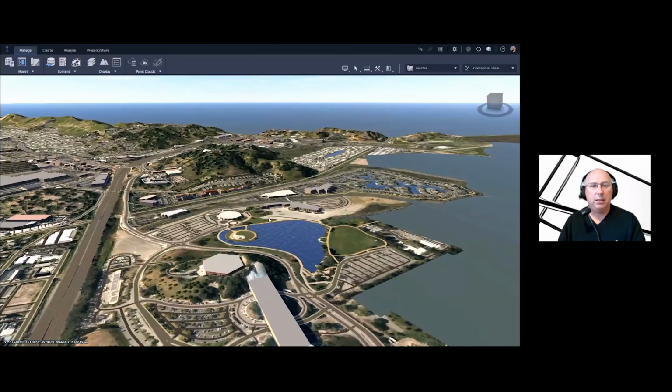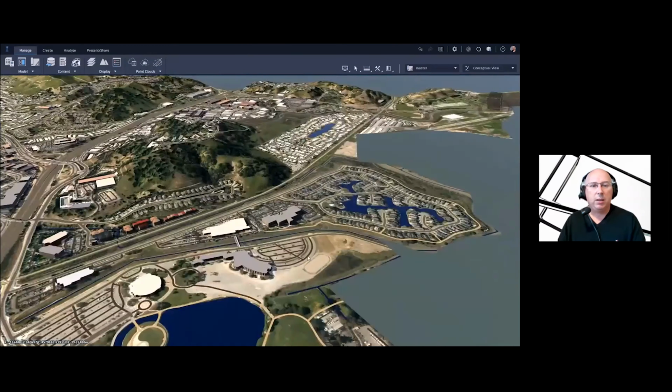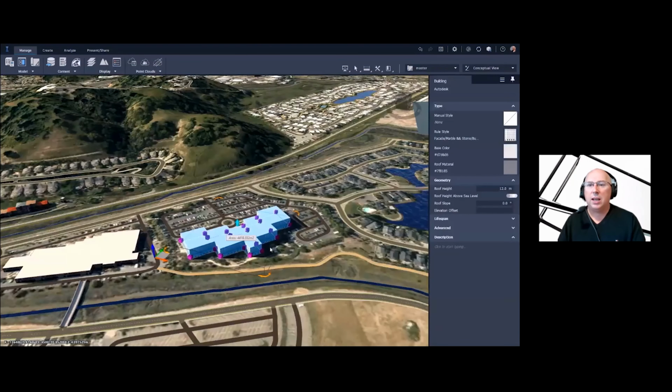And it's that building right here in the middle. There it is. If we pick on it, yeah, there's the building. There's the style it's been used. You see the roof height, it's 12 meters, and so on. Oh, look at that. When I hover over it, there's a tooltip. And that's the neat thing about InfraWorks. You can put tooltips on all your data. And this one has a tooltip automatically added. The reason it's there is because when this was generated, the data for those building footprints was downloaded from OpenStreetMap. That's a publicly crowdsourced data set for GIS where data is stored that everyone can use.